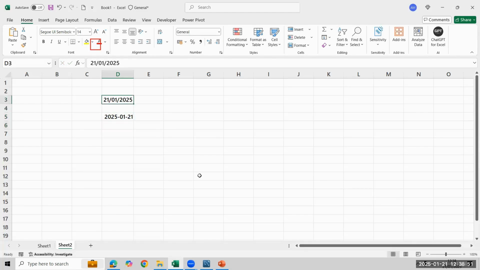In Excel, whatever the format is, you can modify. But in MySQL, you can't modify. In case you are seeing the date like this, 21 hyphen 01 hyphen 2025, it's already created. When you're creating, you have to use this format. And here in MySQL,